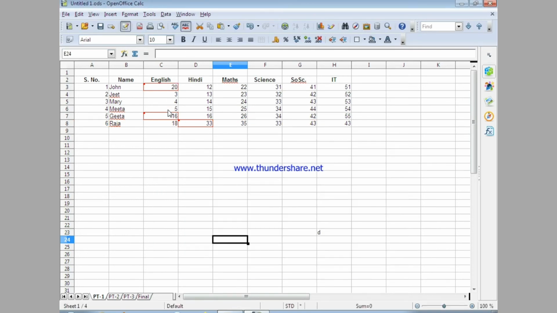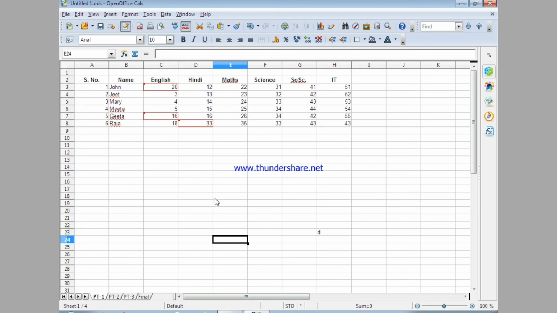Now you can see only 3 changes are visible, because for these 3 changes the comment I had put is "marks change". You can see here it appears "marks change". Here also it appears, and here also it appears. Other changes are also there, but they are not visible because I had filtered the changes based on the criteria of comment. So this way we can filter the changes and view specific changes.